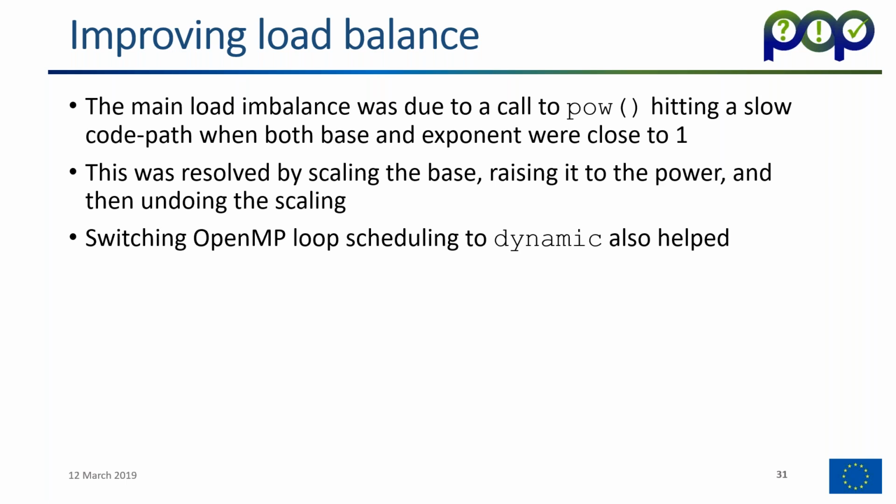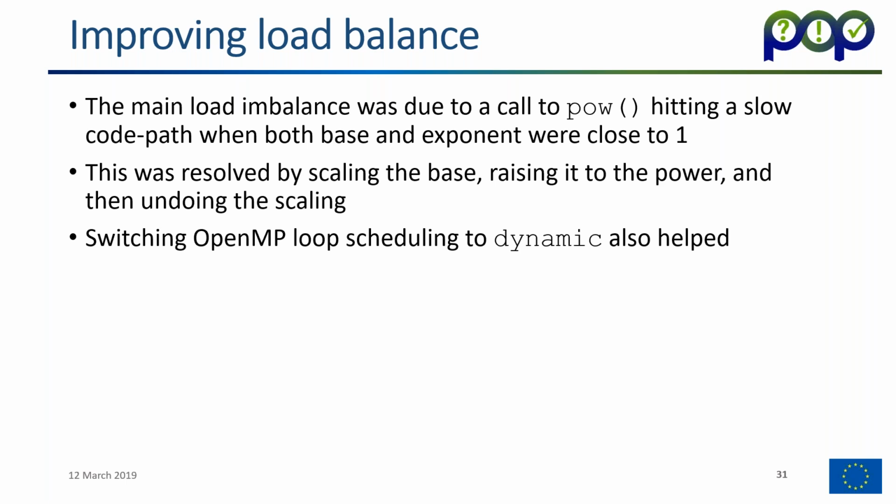because they were hitting a slow code path in POW, arising when both the base and the exponent that were being passed in as arguments to this function were close to 1. This is actually, I think, related to the far field boundary conditions in the actual CFD problem, but it was observable as time spent in a function being called inside this loop. And the way to resolve that, I mean, this POW was provided by the maths library. The way to resolve that, because we couldn't optimize the POW function itself, was to get away from this slow